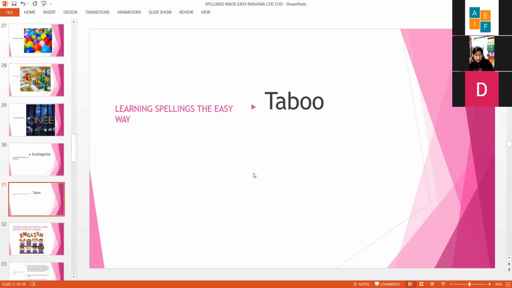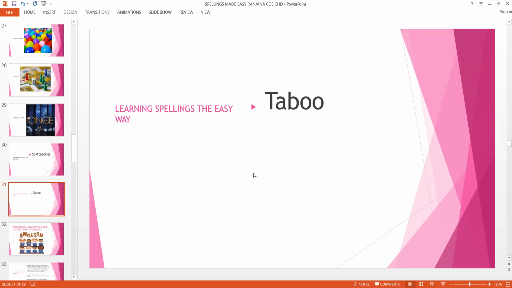Each card in Taboo shows one main word, right? And below the main word, you can find a list of words that are similar to the main word. Either they can be words having the same meanings, or words which are closely related to the main word. Because patterns are very important to be formed, and they say words should be taught in context, and these types of games help you do it. You don't have to tell the rules directly to the child that today we are going to do patterns. These kinds of games can be done in the classroom, because with the NEP coming in, we'll have to think of a lot of ideas.